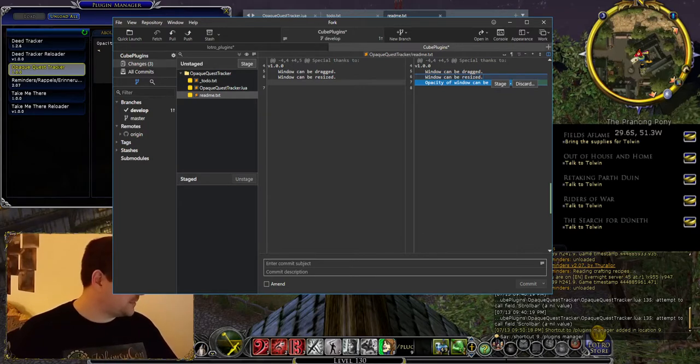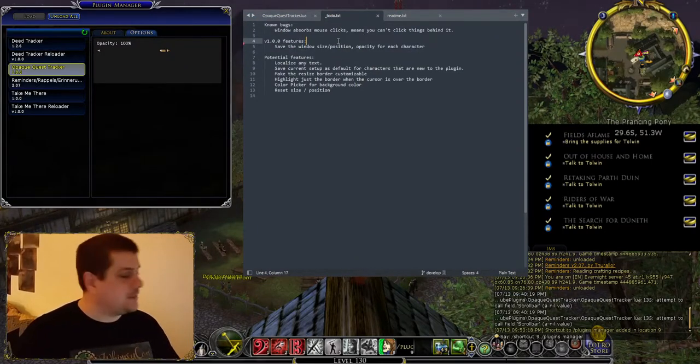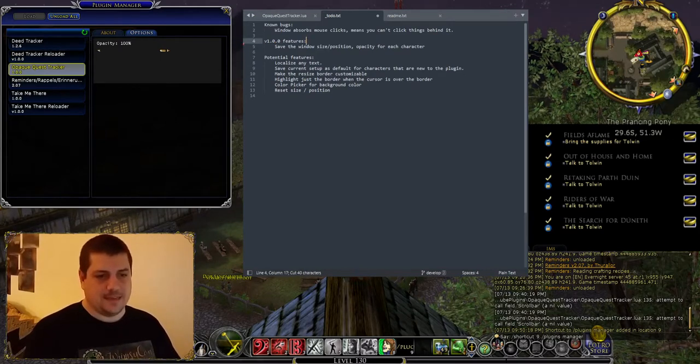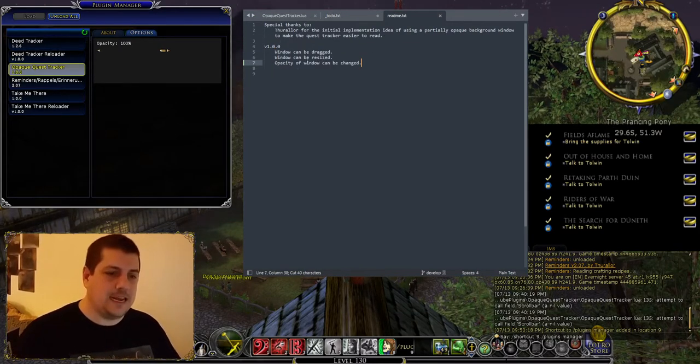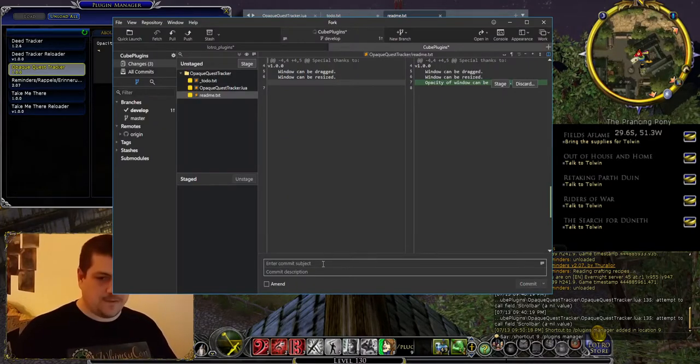I do have stuff on top of stuff. Well, that's a problem. Apologies. I was modifying the to-do file, removing the adjust the opacity. I was modifying the README to change the opacity, but we're actually going to look at those changes in the